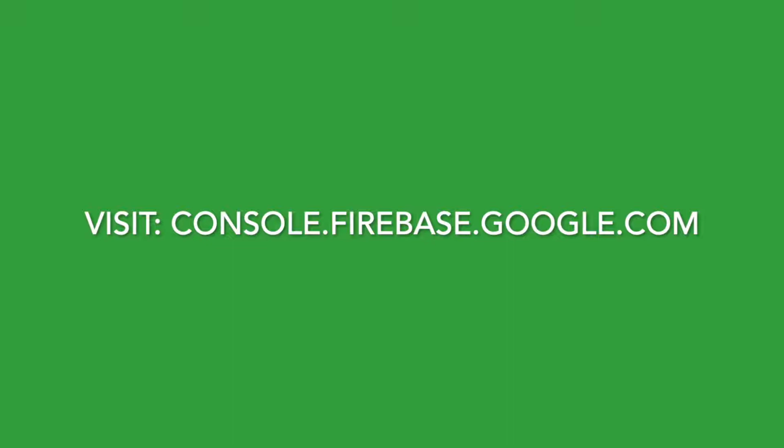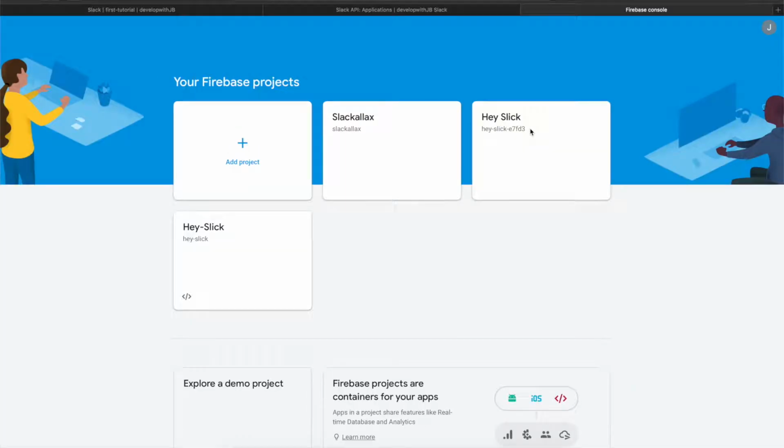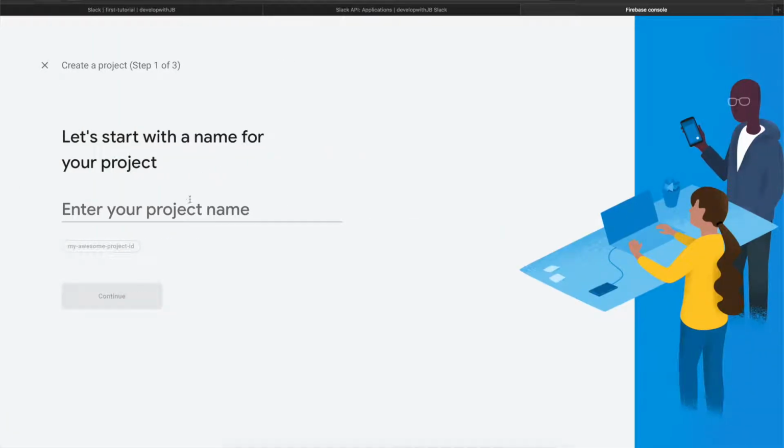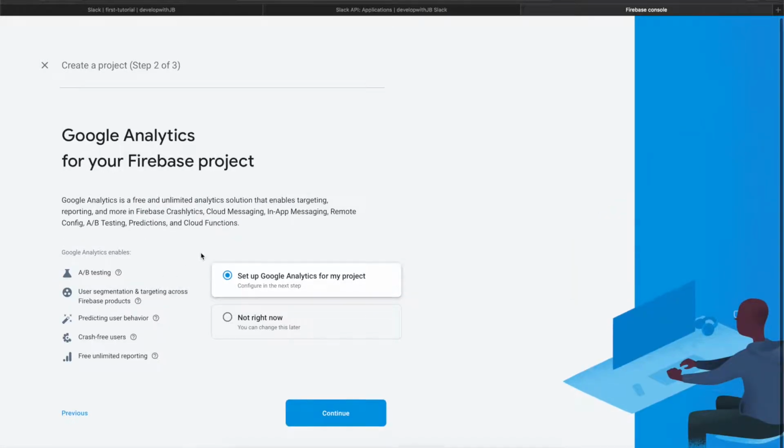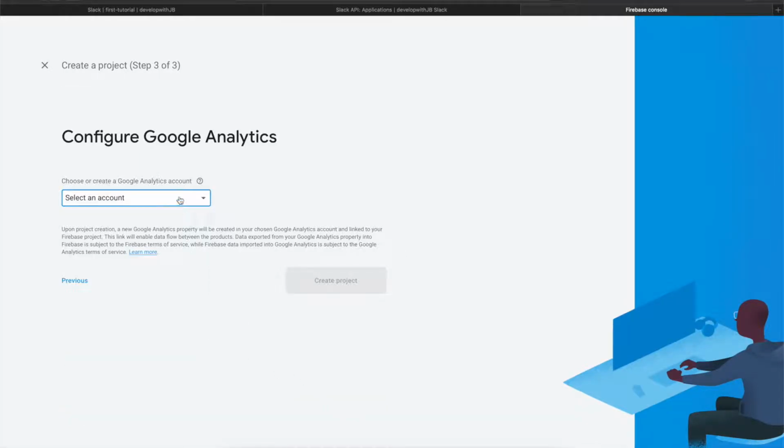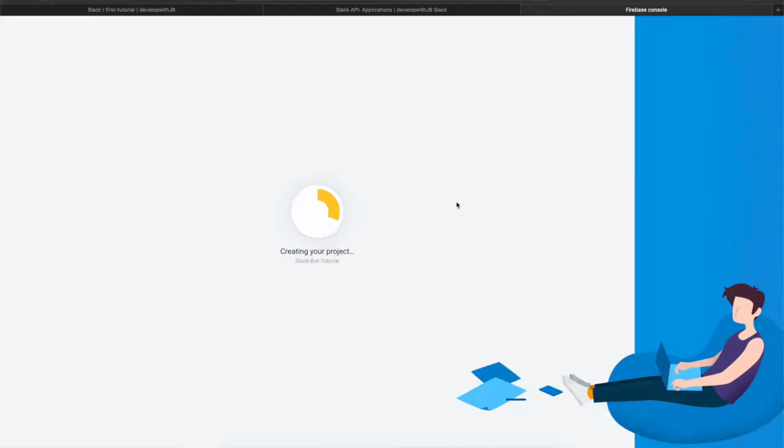Now we're moving on over to Firebase. So go ahead and go to console.firebase.google.com to get a list of your Firebase projects. Go ahead and create a new project, and this is what we'll be using for the Slack bot tutorial. So go ahead and create that, and then follow the on-screen instructions for configuring Google Analytics. And once your project gets all finished up,